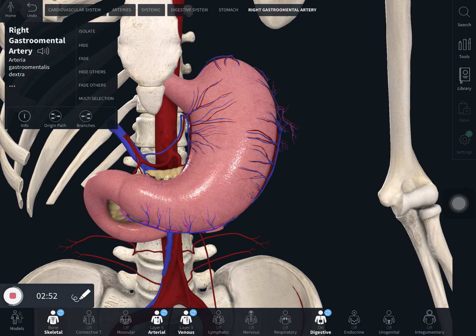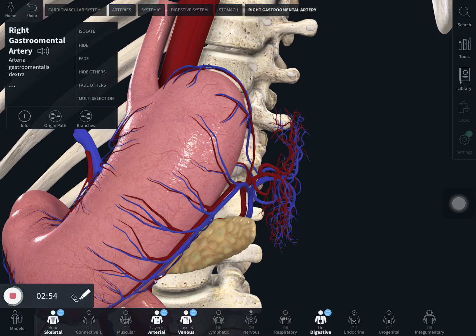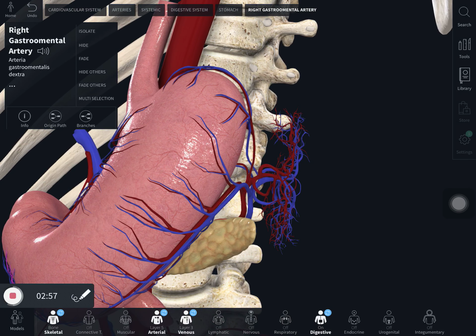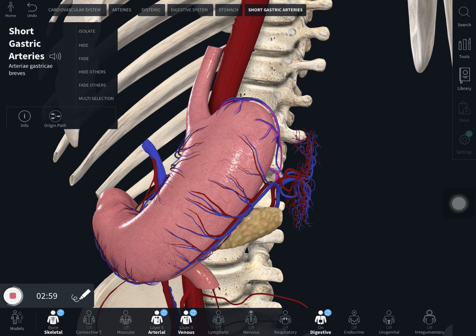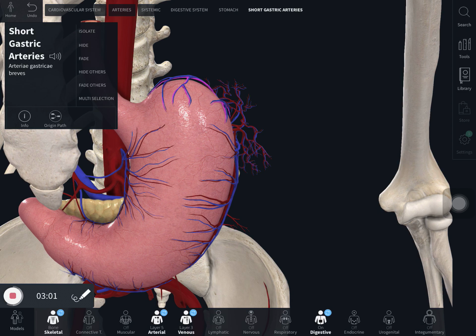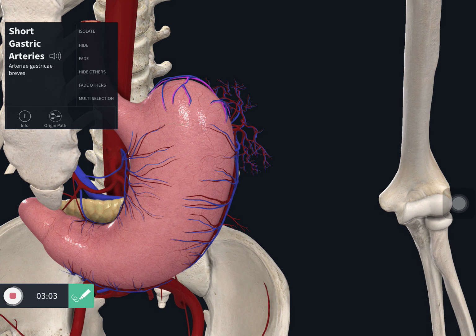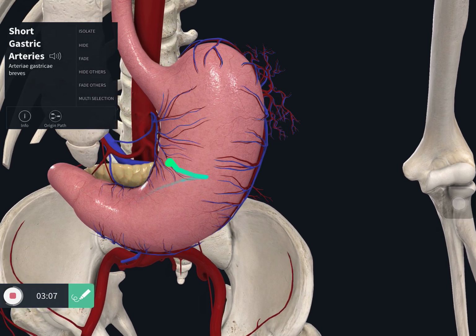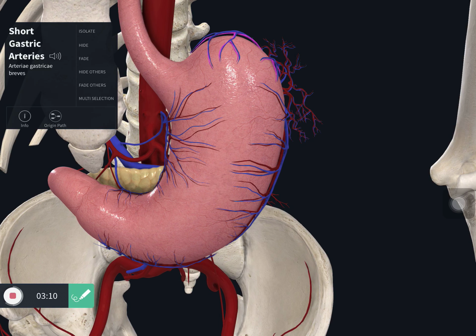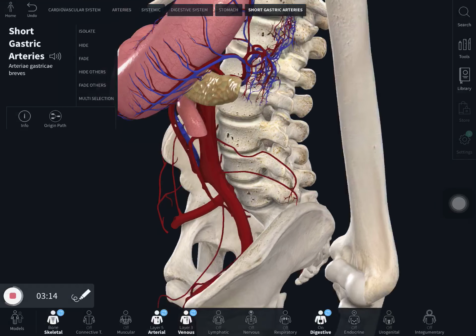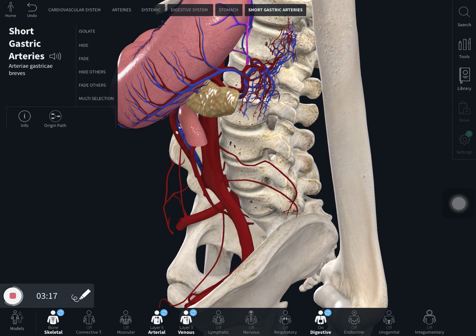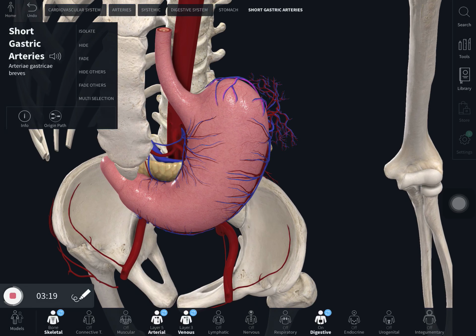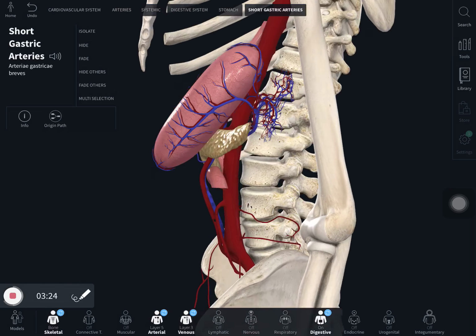We've got a short artery, which is the short gastric artery, which supplies the fundic region, as well as the anterior surface. It is a branch also of the splenic artery, while the veins are the same, with the short gastric vein